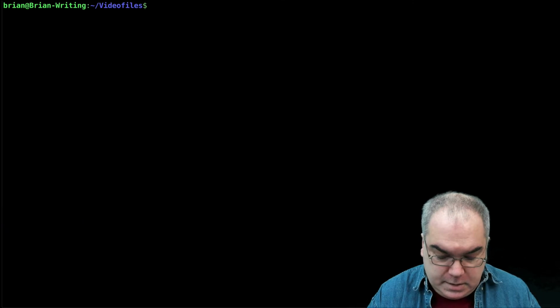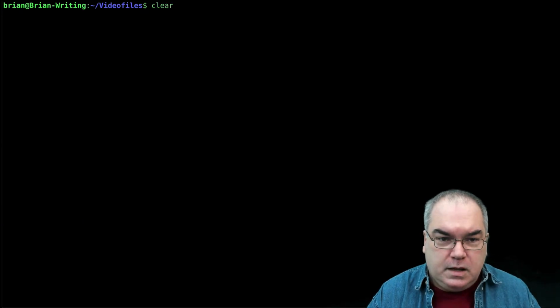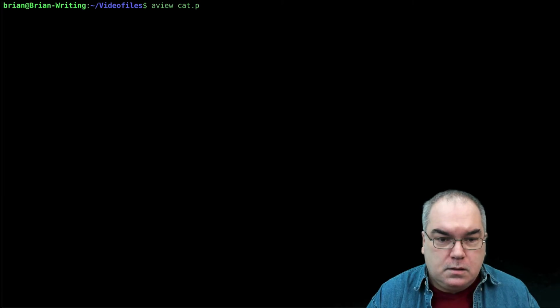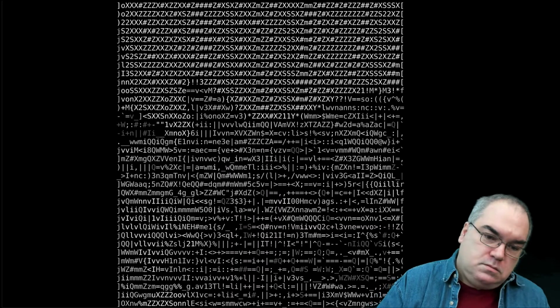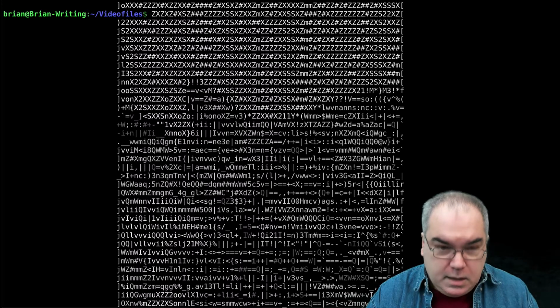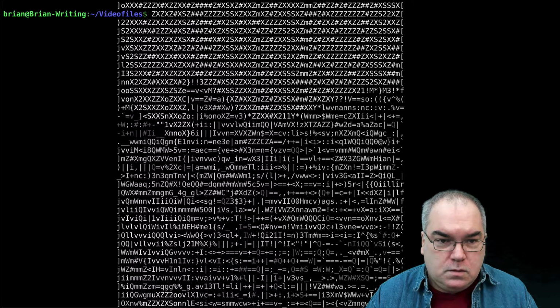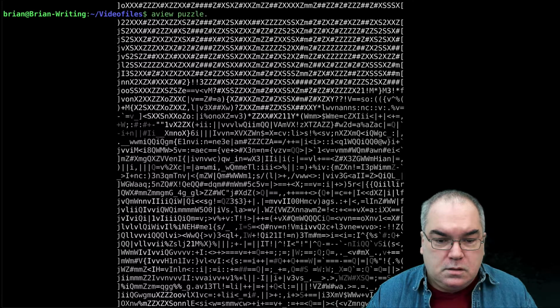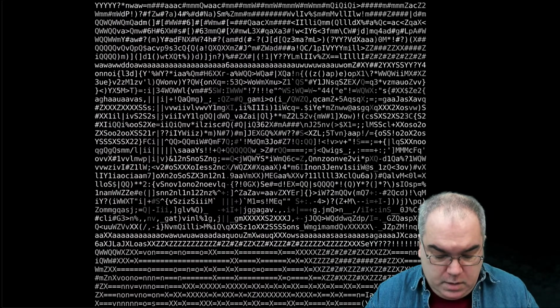All right, let's try the cat. AsciiView cat.pnm. I know what the pictures look like. I can kind of see them, but it's not great. And AsciiView puzzle. Yeah, that's not much at all. Okay, so